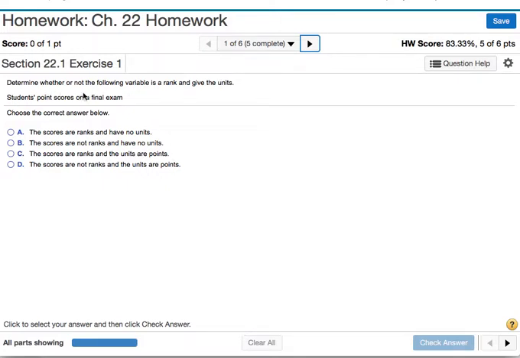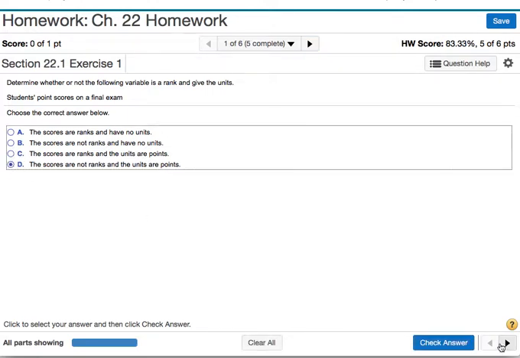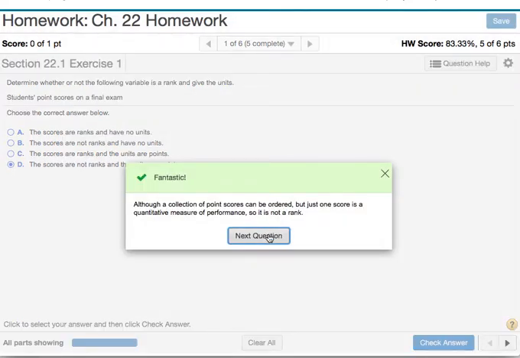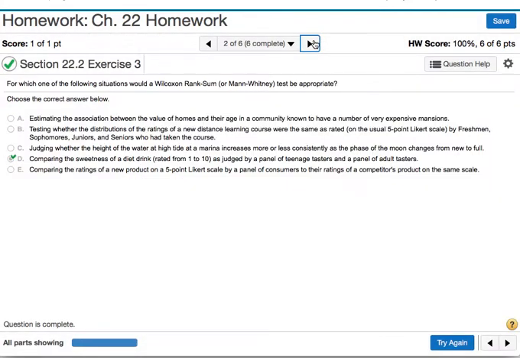So if you earn 1 point on your final exam, does that mean you're ranked number 1? No. So I would say that that's not a rank. A rank is when you're comparing a certain group of things to each other. So then whatever's the highest is ranked number 1, or whatever the best is ranked number 1, and so forth. Okay, then